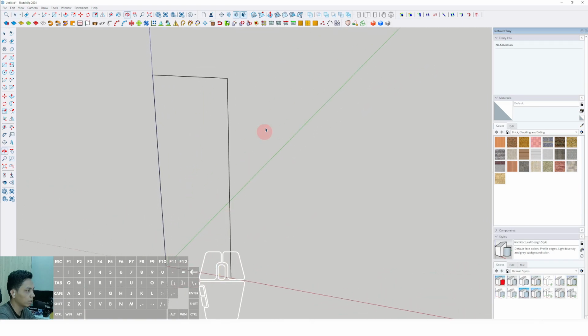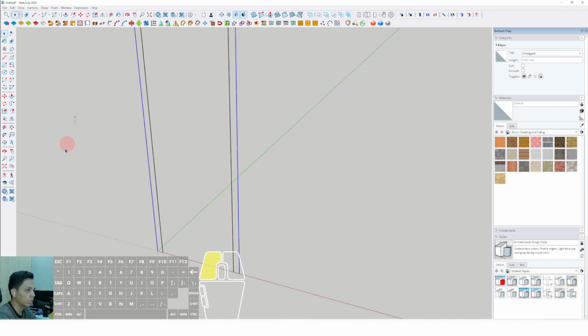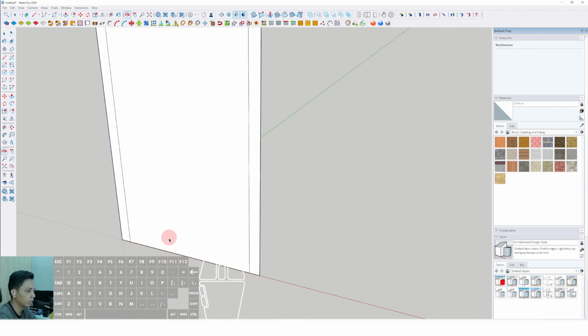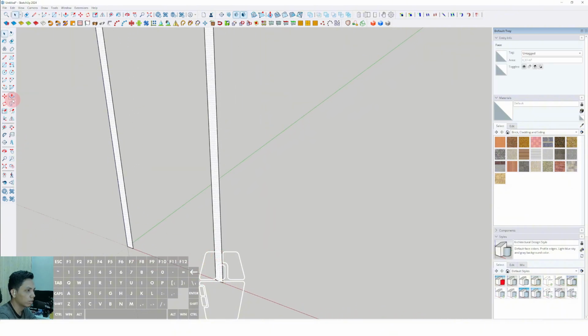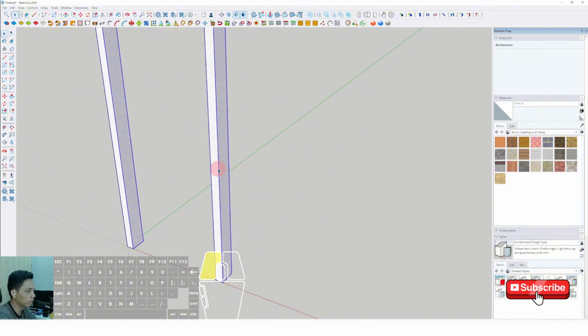Okay, then we can select the three lines. Select the offset tool, offset it inside around 90 millimeters. Select the line, click from this position until this position and delete some unnecessary lines in this position. Click the surface, select the push tool, push it to the back side around 120 and triple click, right click and